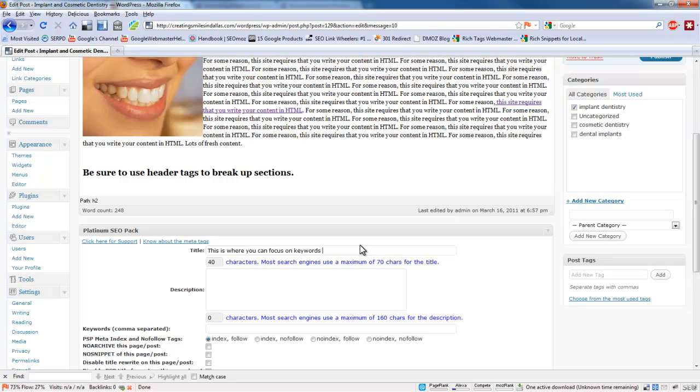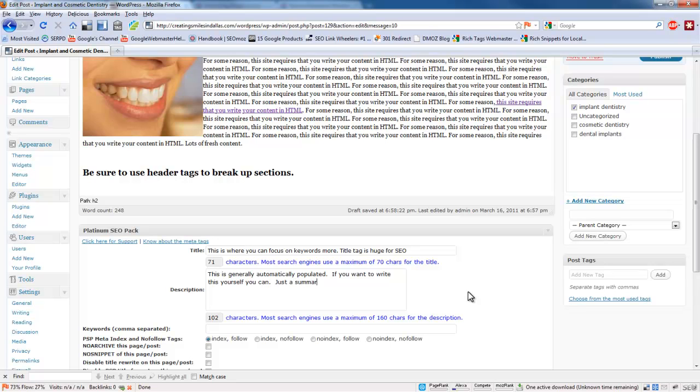The title here in the Platinum SEO Pack area is really important because this is what the search engine sees as your title, not the one that you wrote up top. This is where you want to use those keywords. Now, if you stuff the title with keywords and it doesn't make sense, a visitor is not as likely to click through because your title is incoherent. But at the same time, if you can figure out a way to constructively dump your keywords into the title,